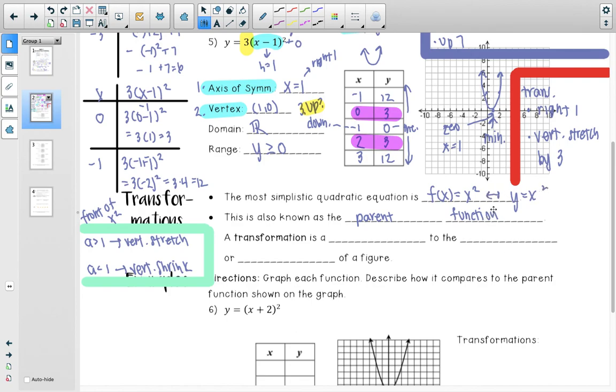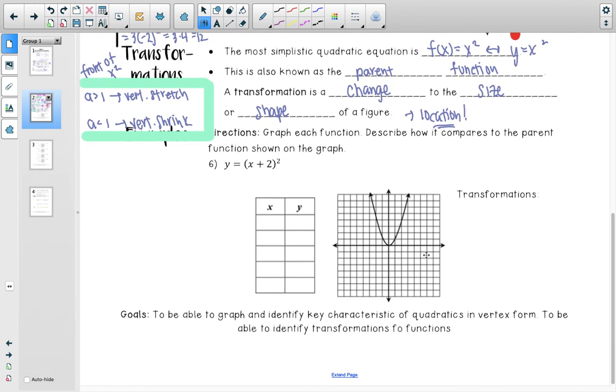As we've been talking about, and I kept mentioning it, this is the parent function, okay? And a transformation is either a change to the size or shape of a figure. And I'm also going to add location, because it can also be where it's at in a graph. Now, transformations you're going to see a lot in geometry, and they're going to be a little different in how you do it, but this is a good